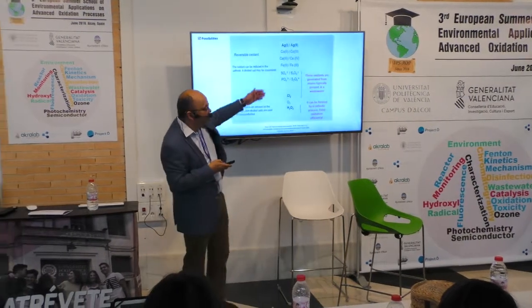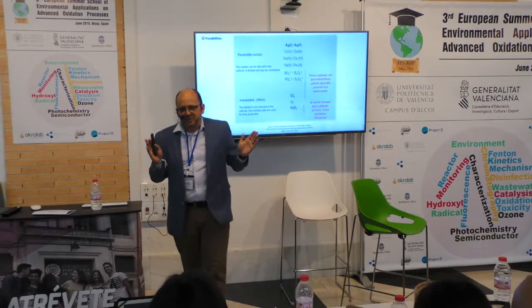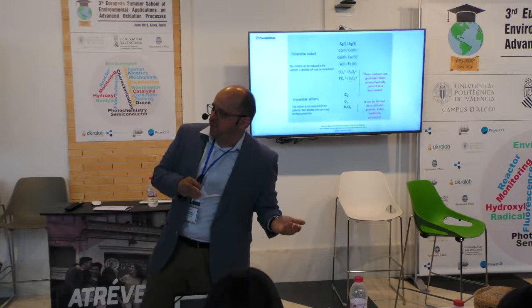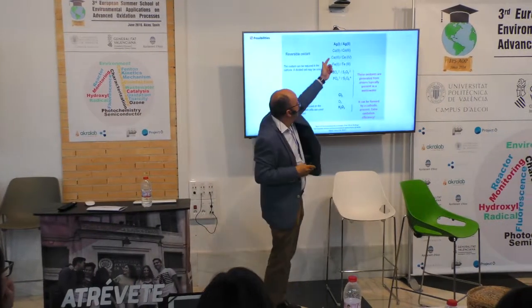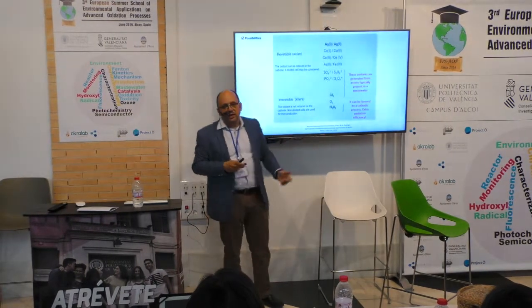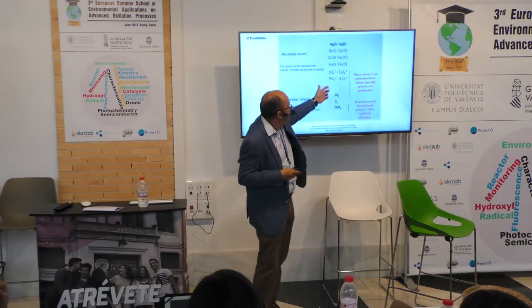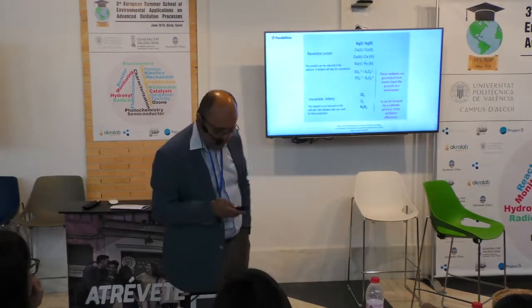And what are the oxidants that I can produce? Anything that you can imagine, okay? You can produce the pair silver 1, silver 2. You can produce the pair cobalt 2, cobalt 3. Or you can produce chlorine, or you can produce hydrogen peroxide. Okay? Also persulfates, also percarbonates, perphosphates, anything you need.